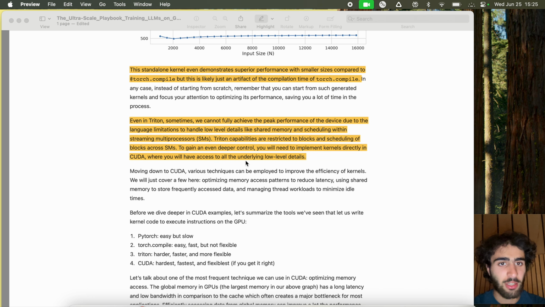But even in Triton, we sometimes cannot fully achieve the peak performance on the device due to language limitations, such as handling low-level details like shared memory and scheduling within streaming multiprocessors. Triton capabilities are therefore restricted to blocks and scheduling of blocks across SMs, but not within. To get even deeper control, however, you can use CUDA to implement kernels directly with capabilities such as memory management within an SM,